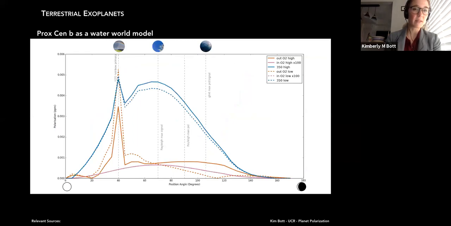As a more specific example, this is a model of a water world, in this case orbiting Proxima Centauri. So the numbers on the y-axis are going to look pretty dismal because this is going to be in the habitable zone of a red dwarf. So they're going to be quite small numbers. But just to show the sort of science that we could do with this, you can imagine getting a few